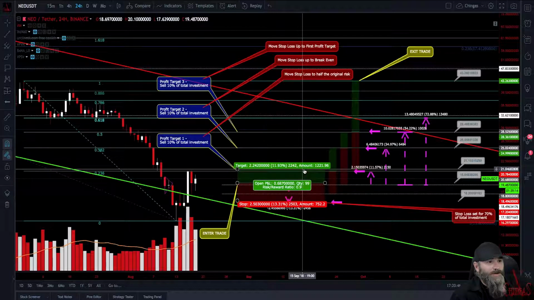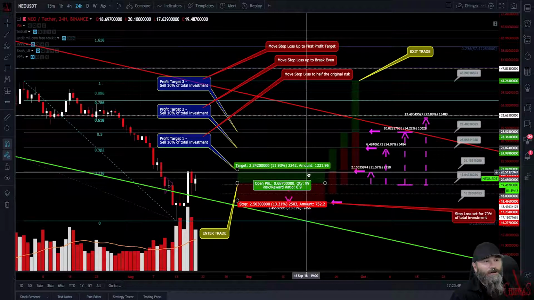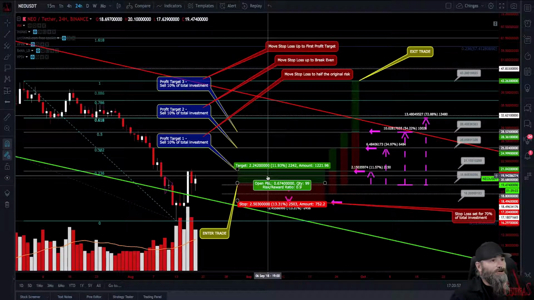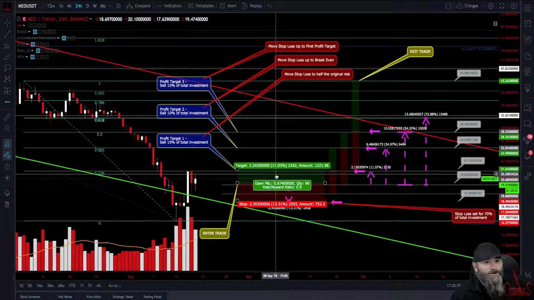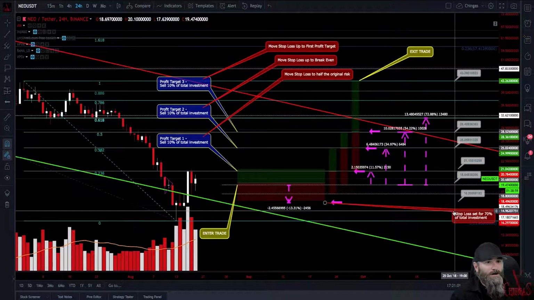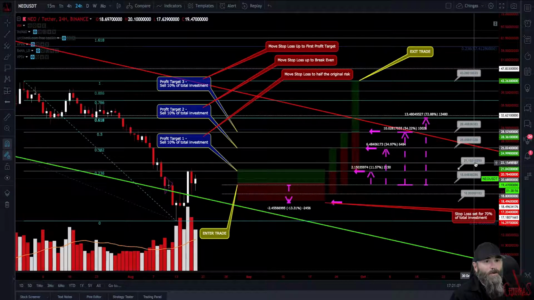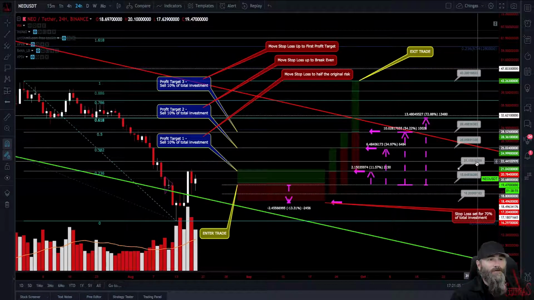We could overshoot that just a little bit, or we could front run it a little bit. Front running means you're trying to get out of that trade before everybody else. So we set our target up right here, and our target on this one is 21.15. At 21.15, you're going to take a portion of what's left over from that 75% that you put away. So you have 25% of your original investment left